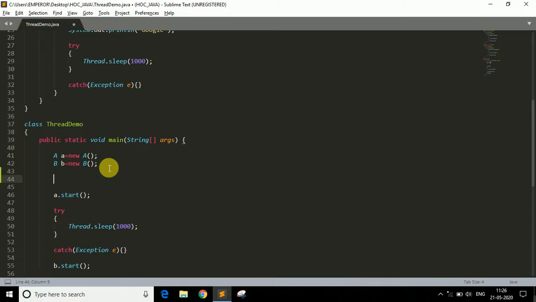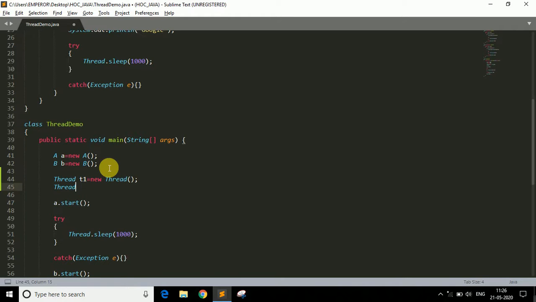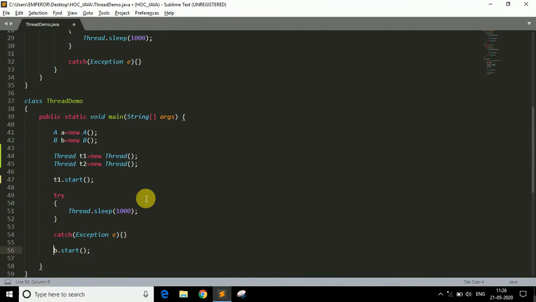So write Thread t1 equals new Thread and Thread t2 equals new Thread. So that's how we can create an object of the Thread class. Now we can call the start method by using these Thread class objects. So t1.start and t2.start. So that's how we can call the start method.